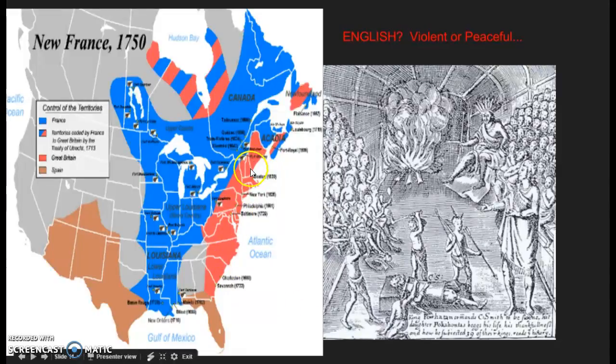they're going to continue to claim land and to come in conflict with the native peoples, and that will be true all up and down the coast where the English will claim land. So as time goes on, because it becomes a conquest, it becomes a land claim, it starts to become more violent, much like we had seen here in the Spanish claims, where the French continued to stay small and not as threatening to the Native American population.